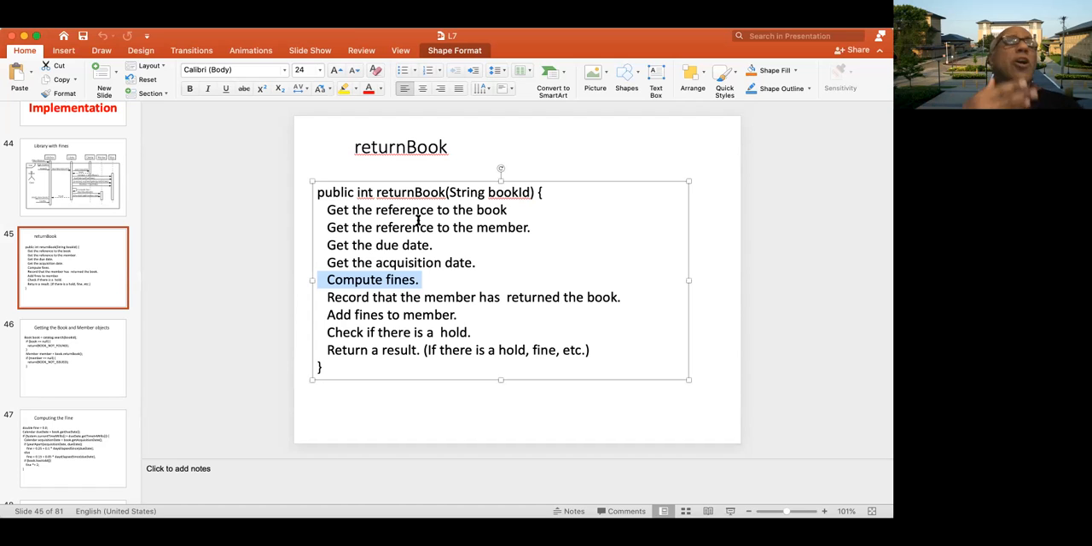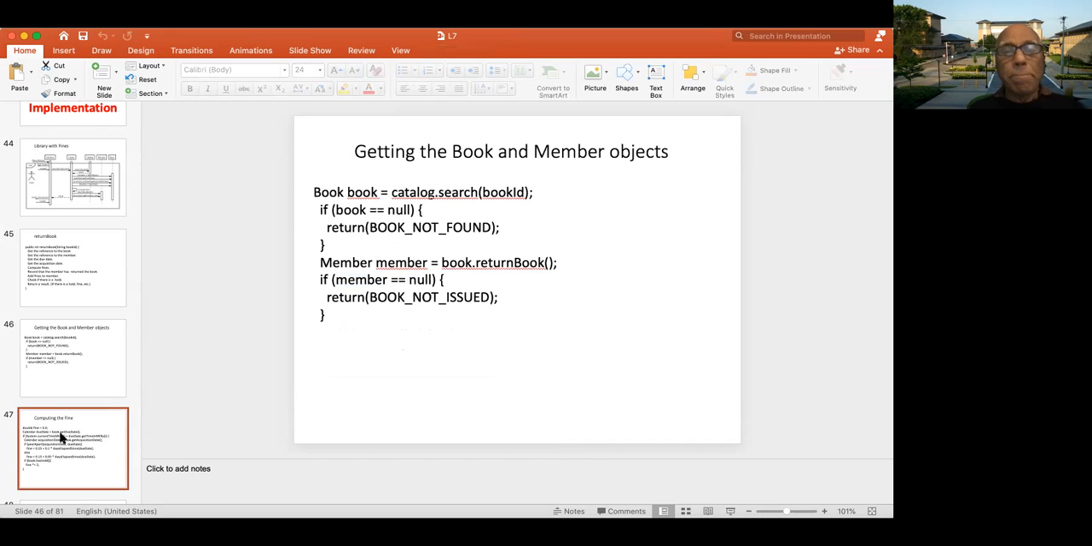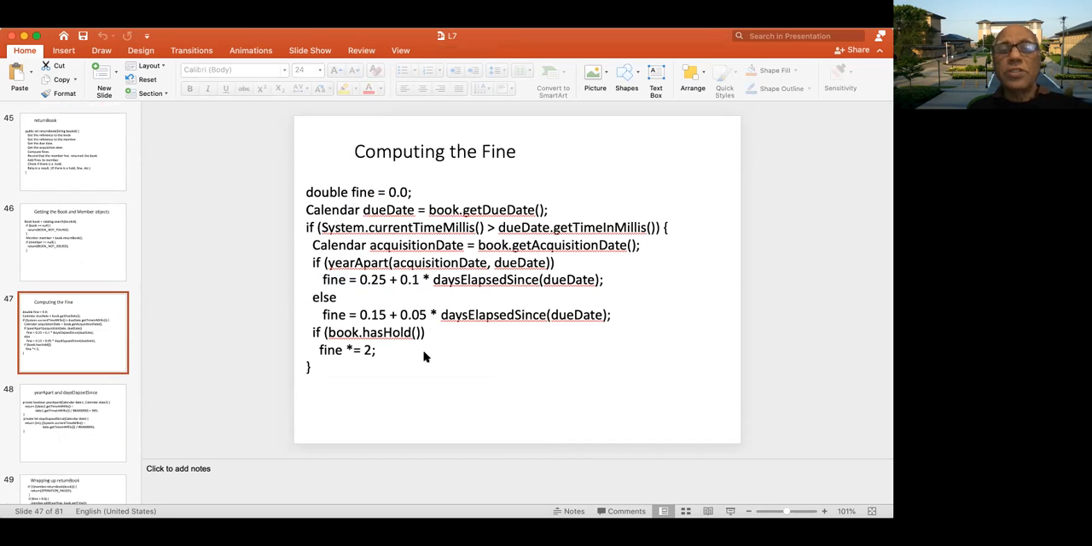We are actually saying how many days is this book late? What is the book policy for computing fines, etc. So putting this in the middle of return book could be very non-cohesive. So what we do is we put code like this, which is dealing with all kinds of details that are not really central to returning a book,